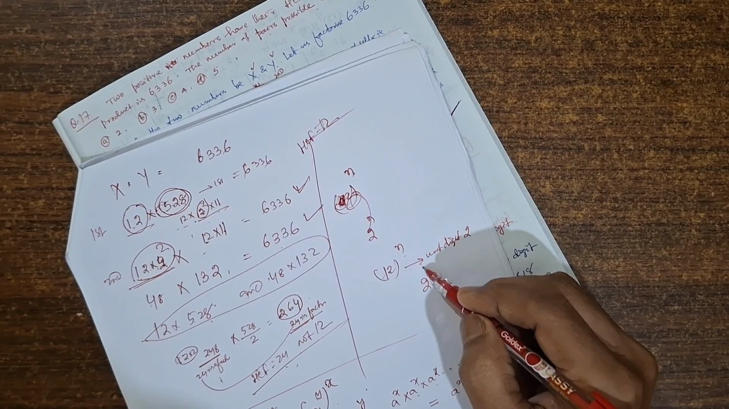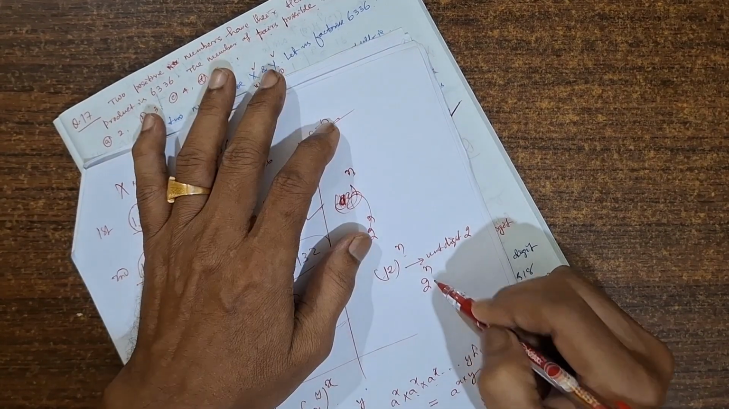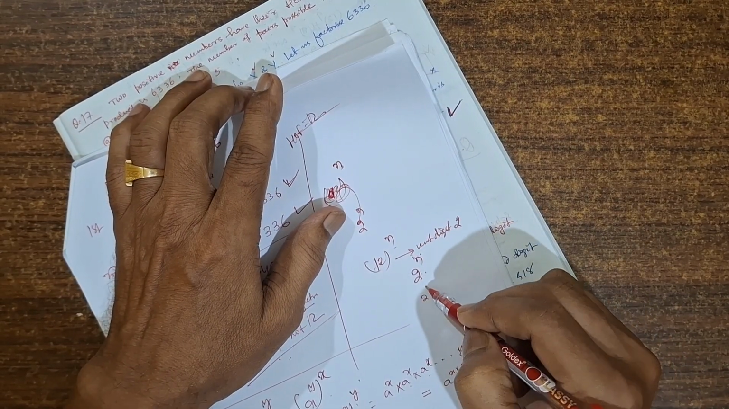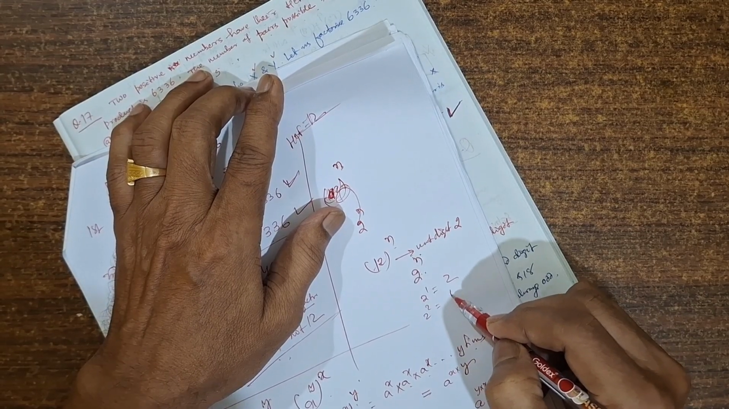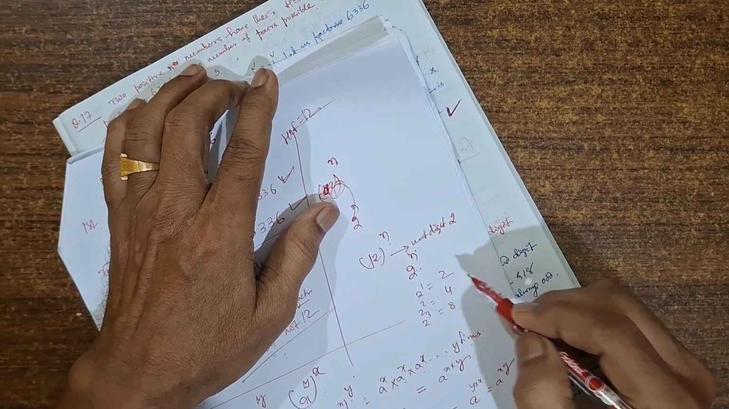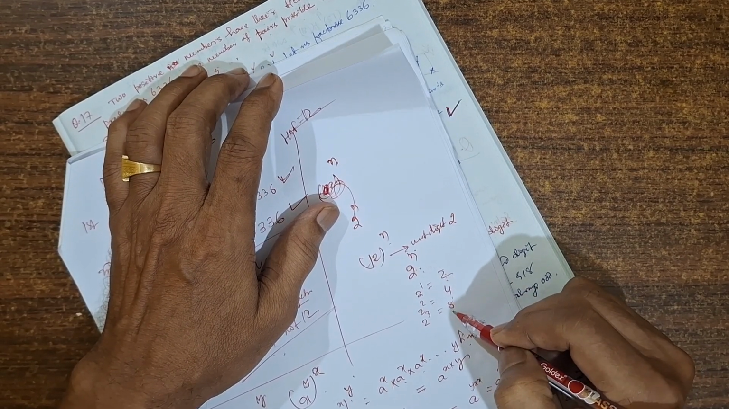Then it's 2 to the power n. So 2 to the power n, what will be the possibility? 2 to the power 1 is equal to 2, 2 to the power 2 is equal to 4, 2 to the power 3 is equal to 8. So for each different n, we are getting different unit digits. But